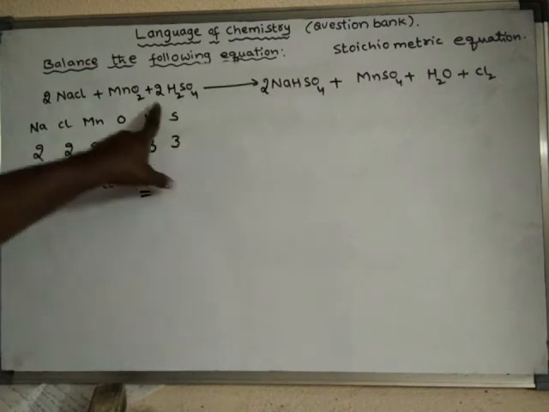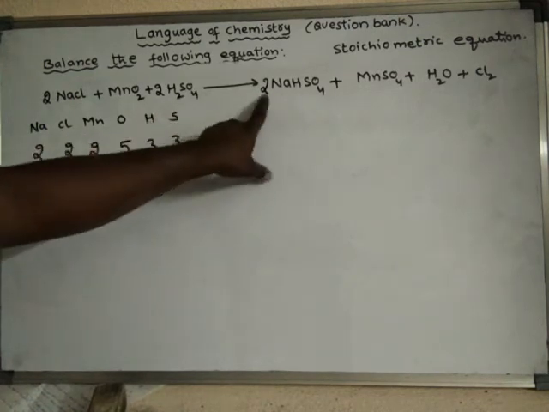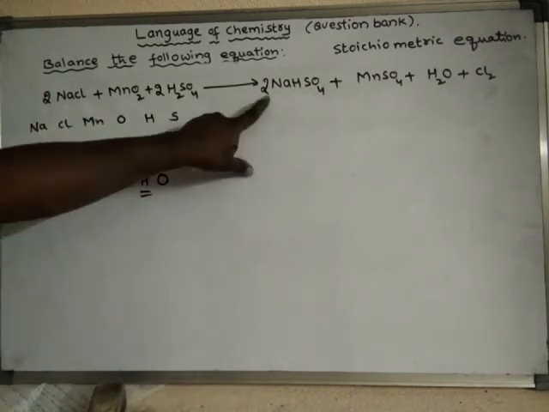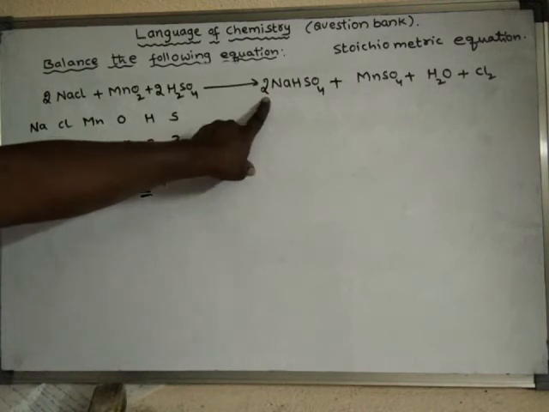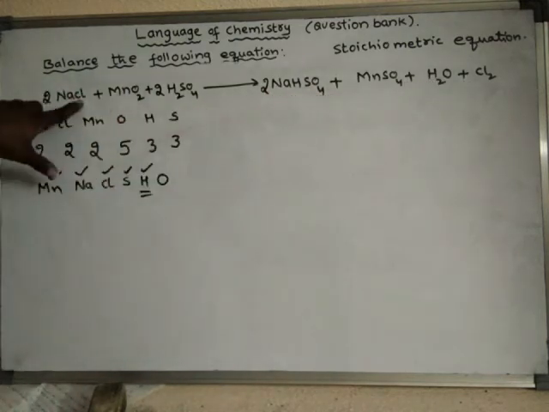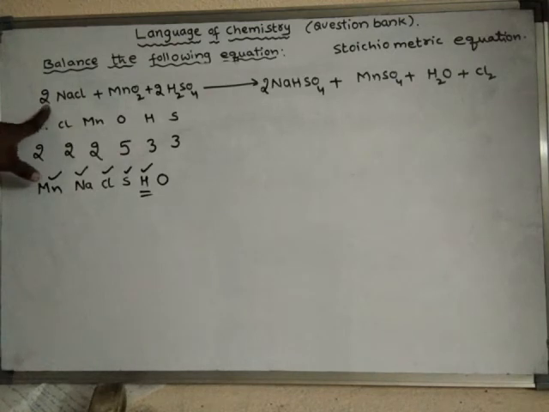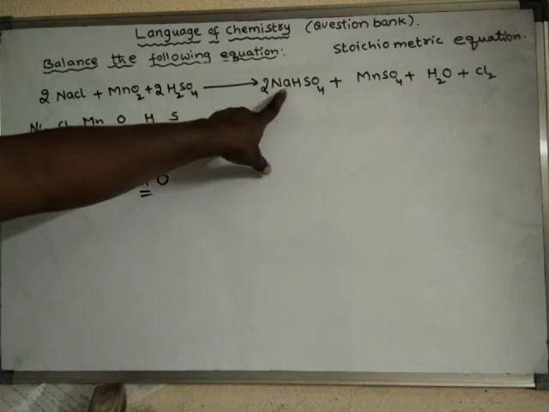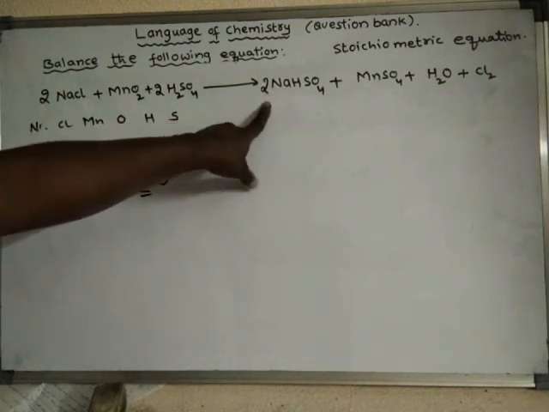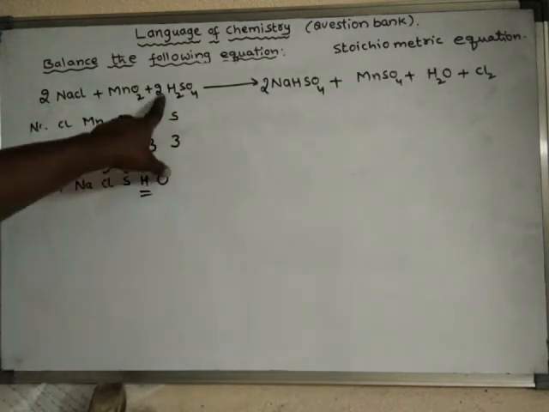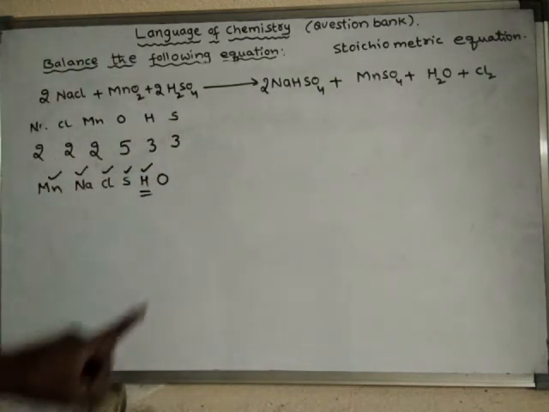Now hydrogens, how many? 4 hydrogens are there. Here 2 hydrogens and 2 hydrogens, that means hydrogens are also balanced. I have to keep 2 here because while balancing chlorines, before that it was only 1 chlorine. To balance this, I have kept 2 chlorines. Because of keeping 2 here, sodium has become double, so here also I have to double this sodium. For that purpose I keep 2 here. Now 2 hydrogens and 2 hydrogens, 4 hydrogens, and here also 4 hydrogens. Now hydrogen is also balanced.